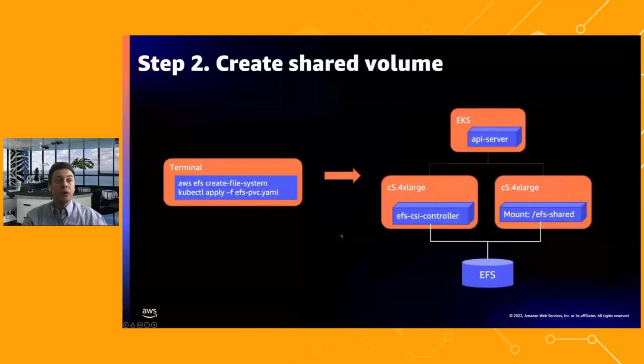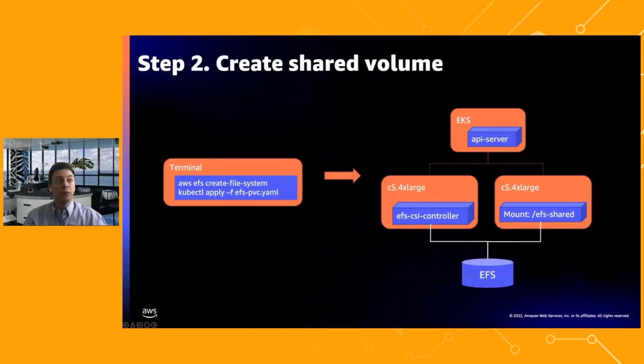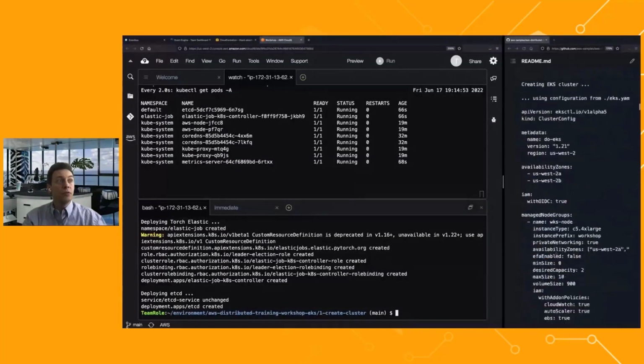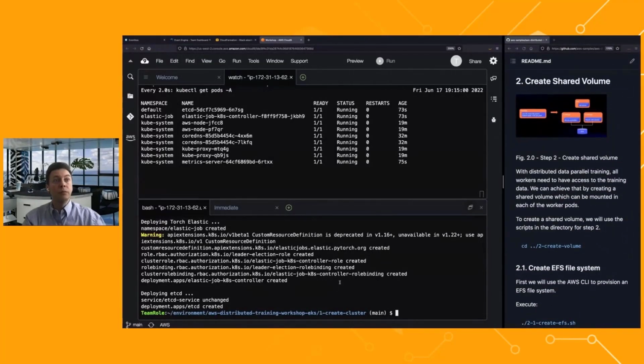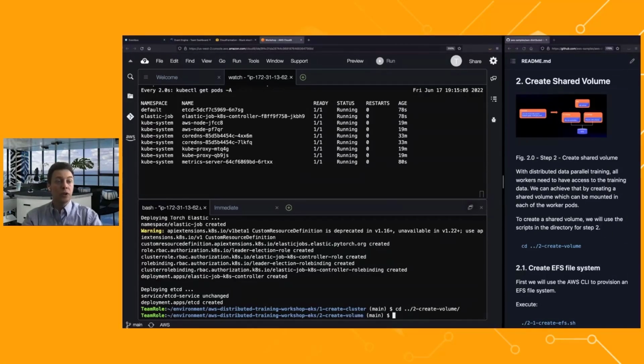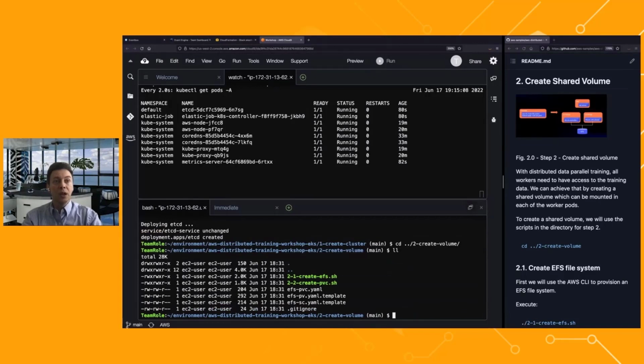Next, we're going to create a shared volume which can be mounted in each of the pods that we're going to run in the cluster. I'll scroll here to remind us that we are now at step 2 to create a shared volume. To do that, we will change our current directory to the create volume step, and we have 2 scripts to execute here. First, we will use the AWS CLI to provision an EFS volume